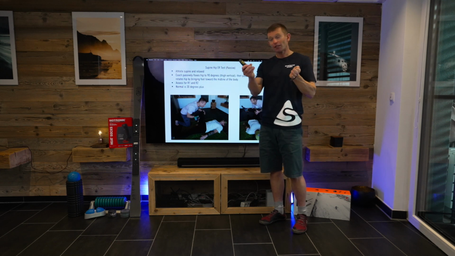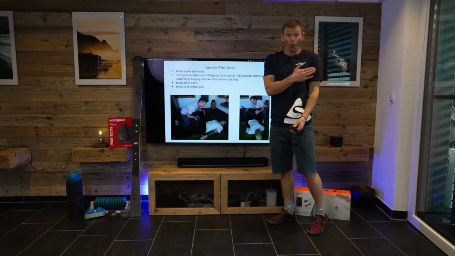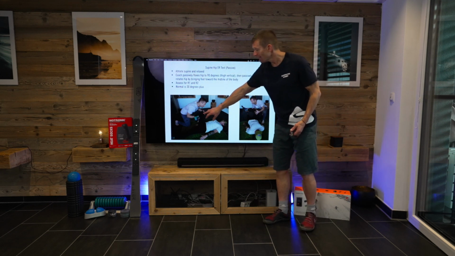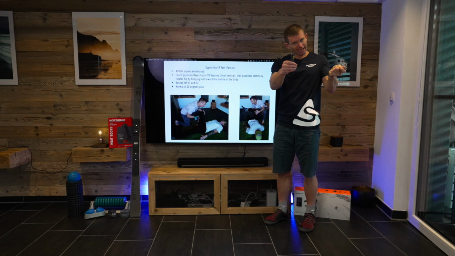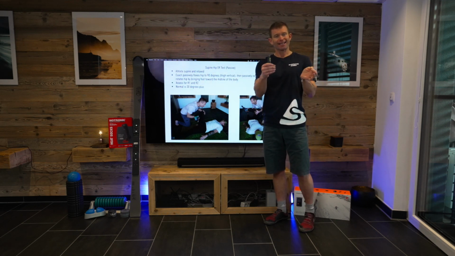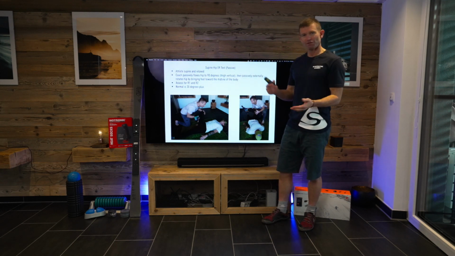So you will feel if you twist somebody's leg externally. I know this looks like it's going in over, but in the hip socket, this is an external rotation. If I do this, you'll feel like a pushback. When you feel that pushback, just stop. We would take it a little further because we know what we're doing to what we call R2, just to assess full range. And normal range of movement would be 30 to 45 degrees.